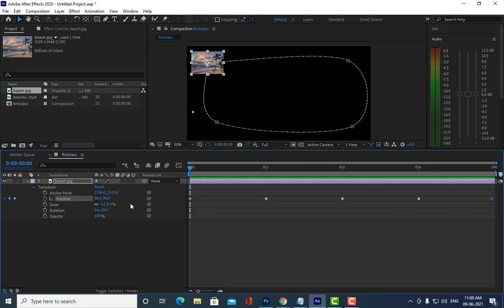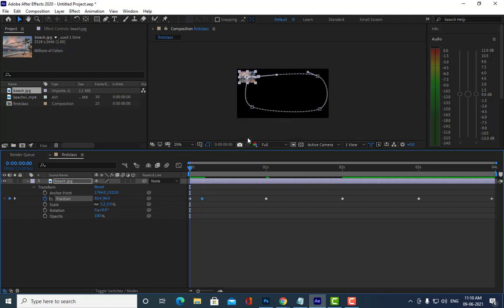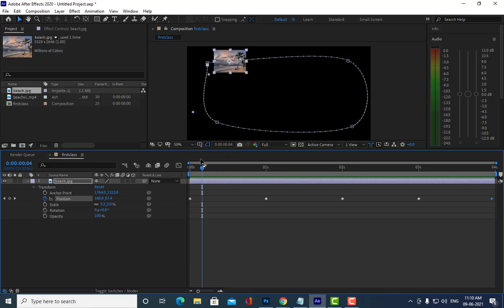You can close the arrow and then open it again, so that you can see all the keyframes here. Is it clear, all of you? Yes, sir. So like this.